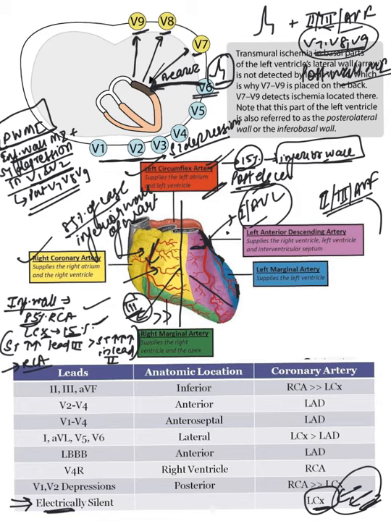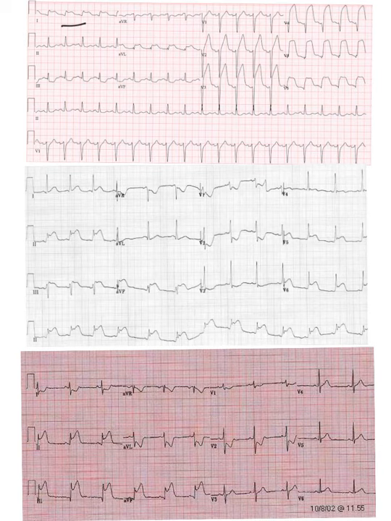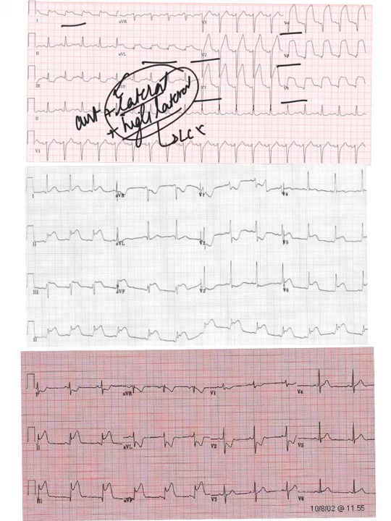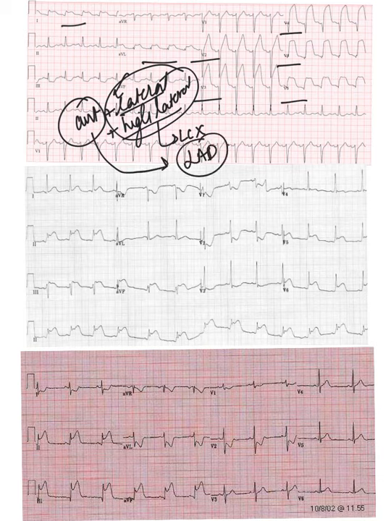Now let's solve some ECGs to apply the concept that we have learned. So here there is ST elevation in 1, AVL, V2, V3, V4, V5, V6. So this is anterior, because V2, V3, V4 are involved, plus lateral plus high lateral. We know that lateral plus high lateral are more commonly involved in LCX, but here anterior wall is also involved. So anterior wall is involved in LAD, left anterior descending. So this is left anterior descending artery occlusion leading to extensive anterior wall MI.